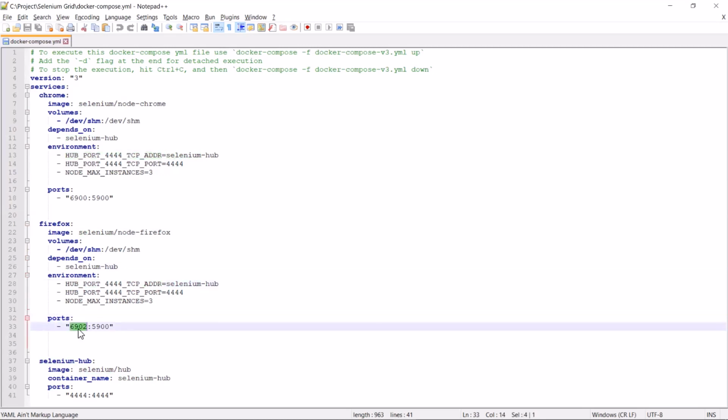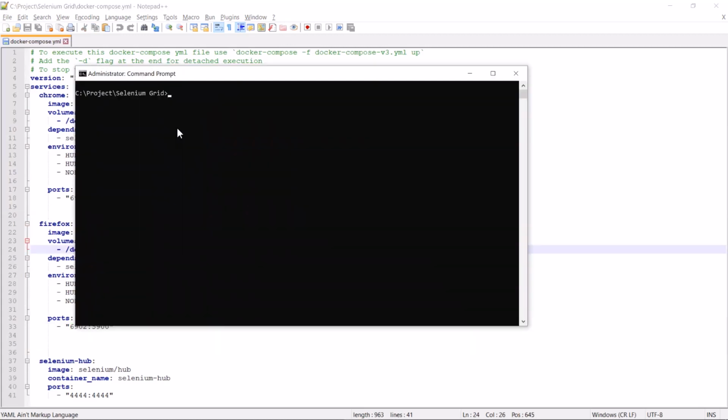Now to set up the grid, let's open the command prompt. Make sure that you are at the same directory where your Docker Compose file is placed. So first we'll pull or download the images required to set up the Selenium grid. And the command to pull the image is docker pull, then followed by the image name,